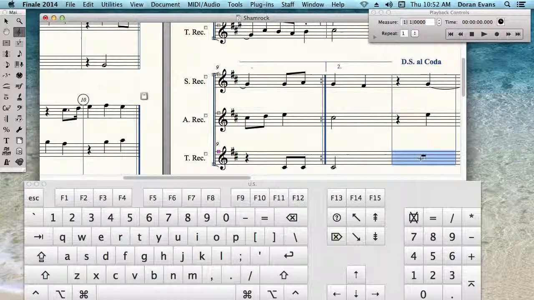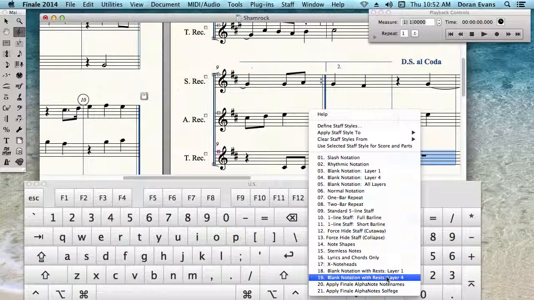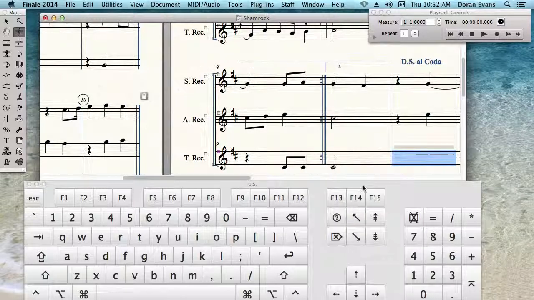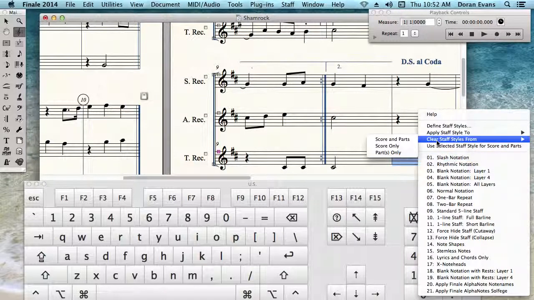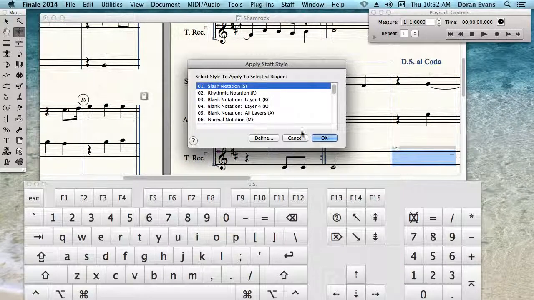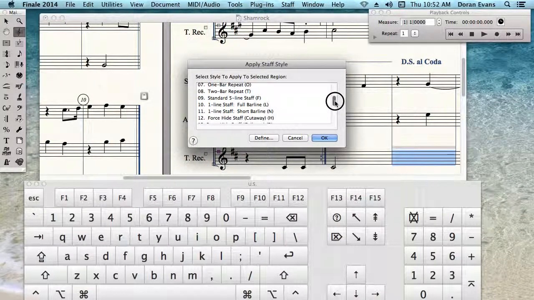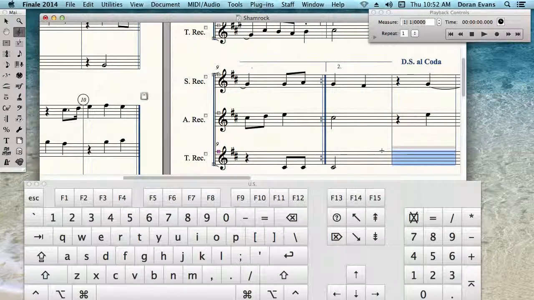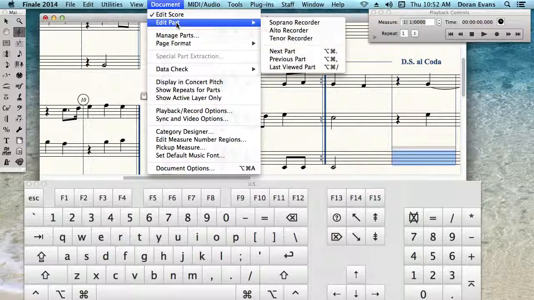Edit score, and we are going to be putting blank notation all. Right? You could apply the staff, could apply the style, current, score, or part. Then you just look for blank notation, right? All layers. So it's blank right there now,